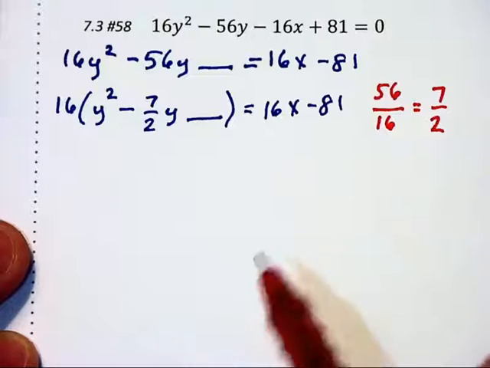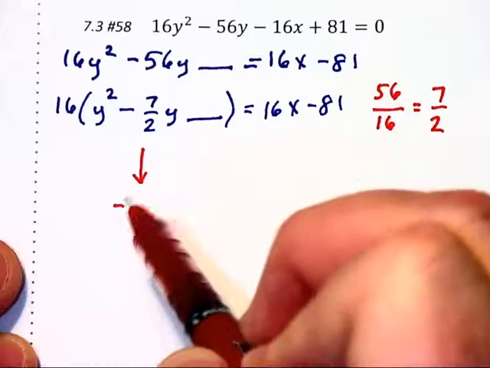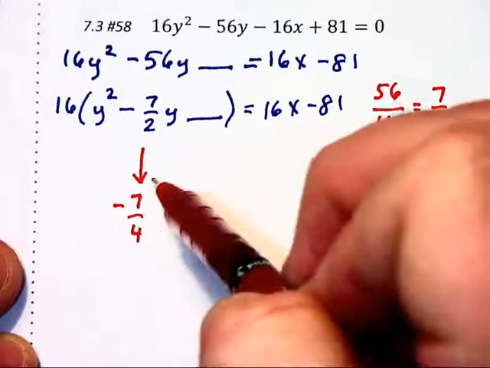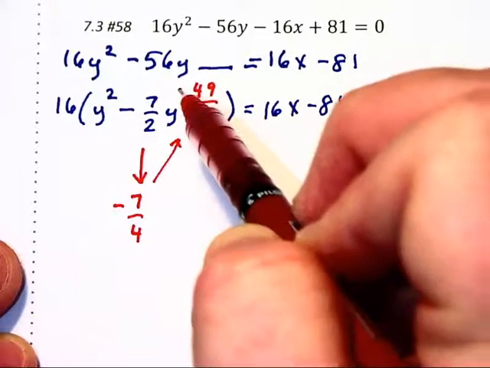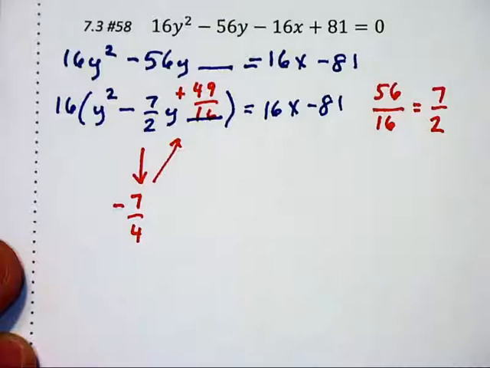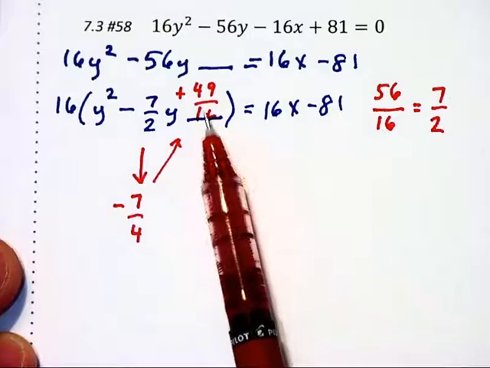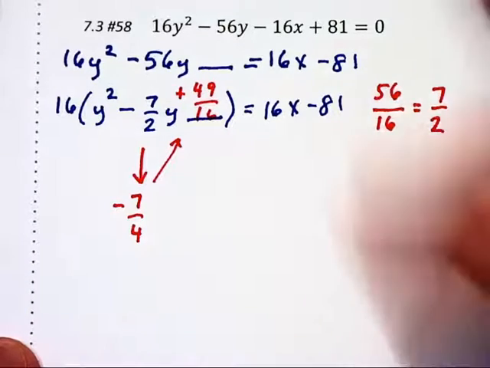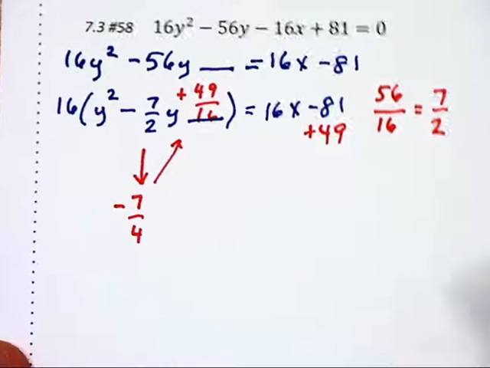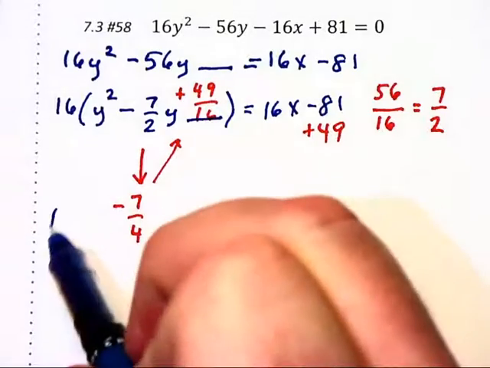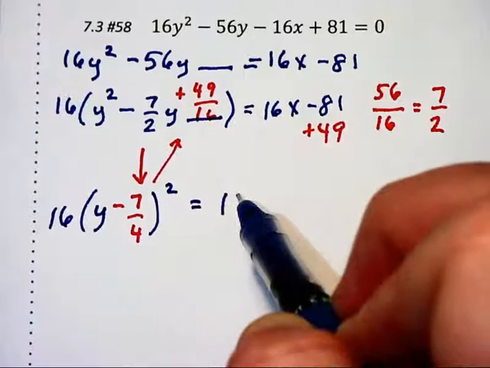Okay, now we need to do the cut in half square routine. So negative 7 halves is going to cut in half to negative 7 fourths, which in turn will square to 49 sixteenths, which we're going to add in that blank. Well, that's not 49 sixteenths because there's a 16 out front that distributes to it. It's really a 49 that we've added to the left, so 49 should be added to the right hand side also. When we complete the square, the left side becomes 16 times (y - 7/4) squared equals, on the right,